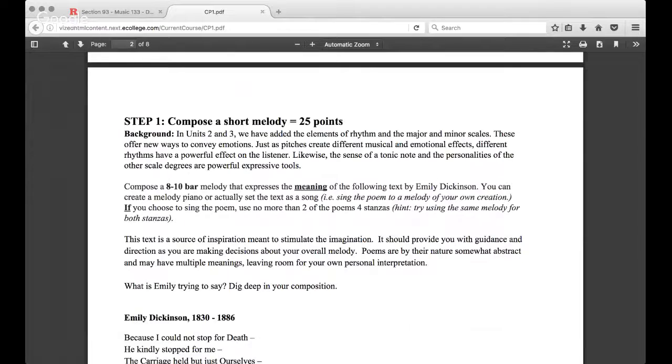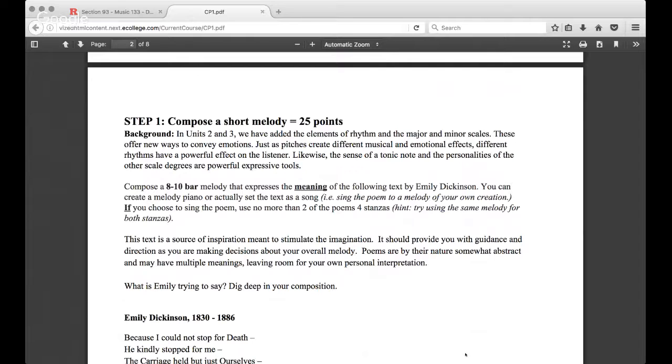Sam, yes. So the idea here is, this is a relatively new element in the project from past semesters, because we were finding that things were a little too abstract. And so we really want everyone in the class to be responding musically and creatively to a single idea or object. In this case, it's this poem by Emily Dickinson, the famous American poet. The idea is that it's an inspiration, and it's meant to stimulate your imagination,